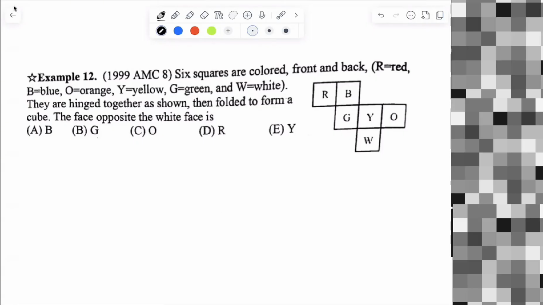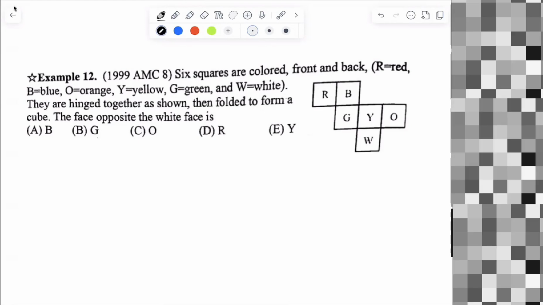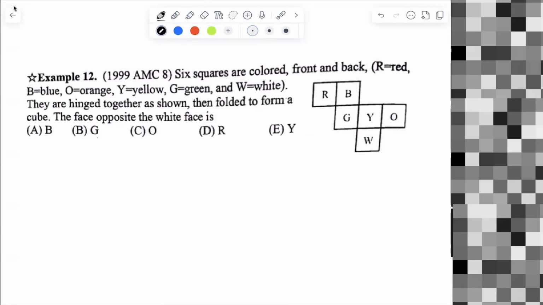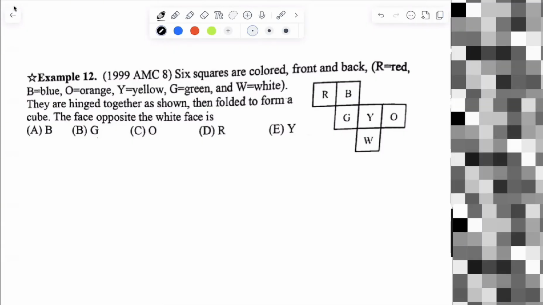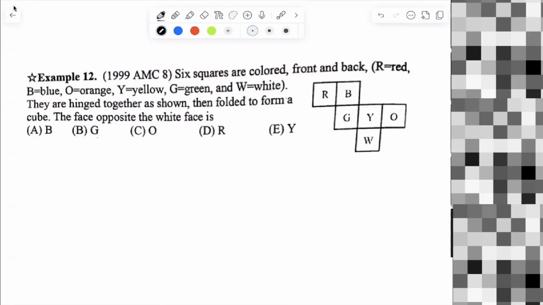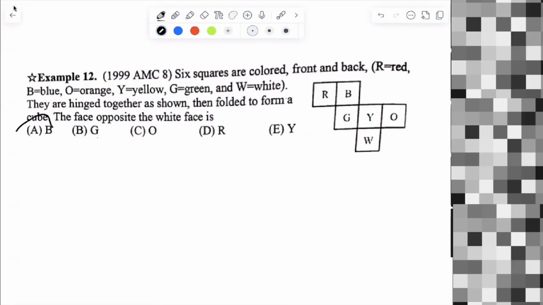Alright, for this question, you can literally just make an entire paper and then fold it up together. From there, if you were to visualize it with your brain, you'll see that the face opposite to the white face is B, or blue. Since if we fold it,